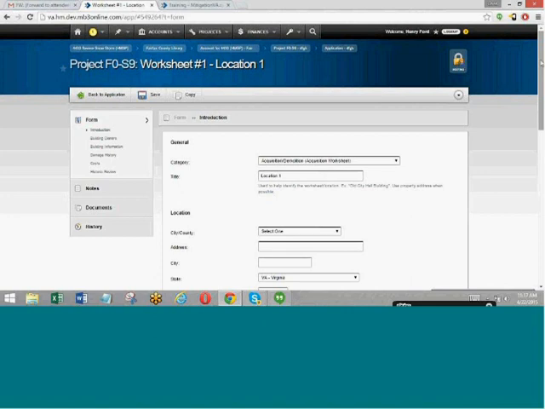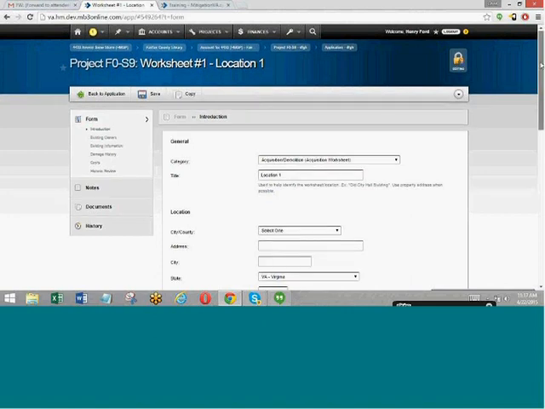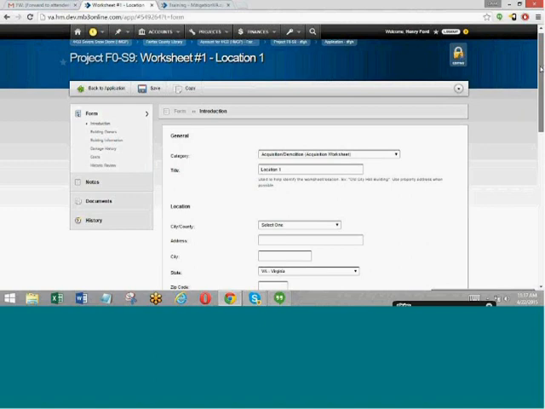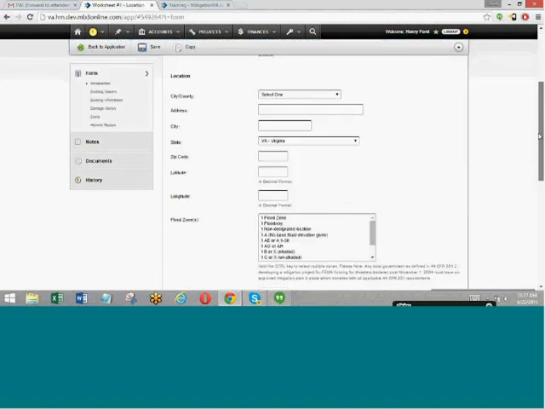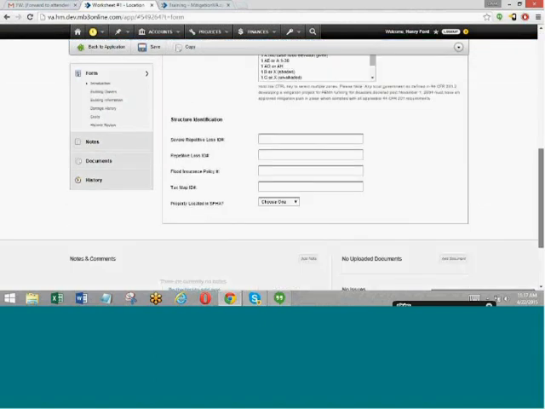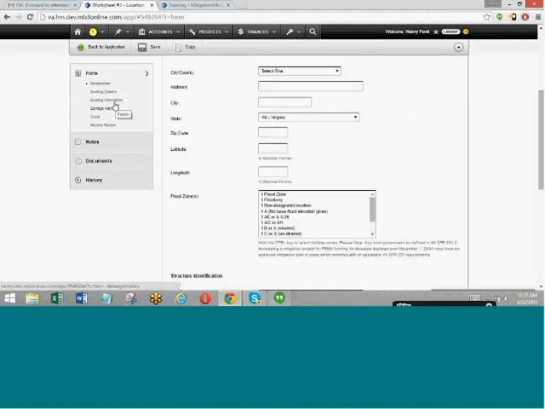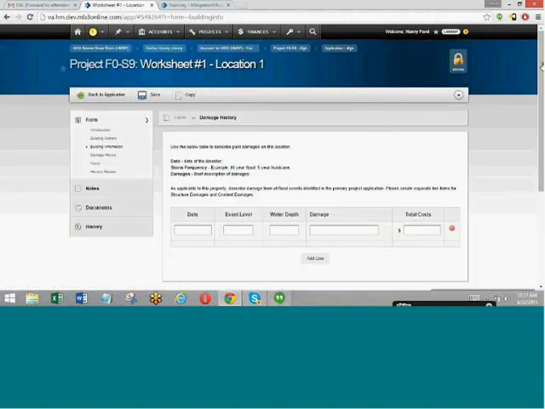Then someone also mentioned character limits on the fields. Our larger fields do offer a character limit, but not all fields, and I'll explain the difference to you.